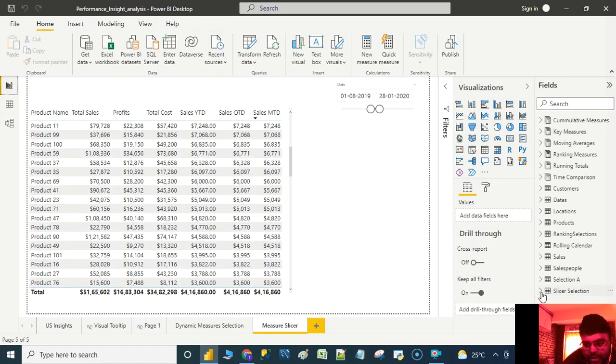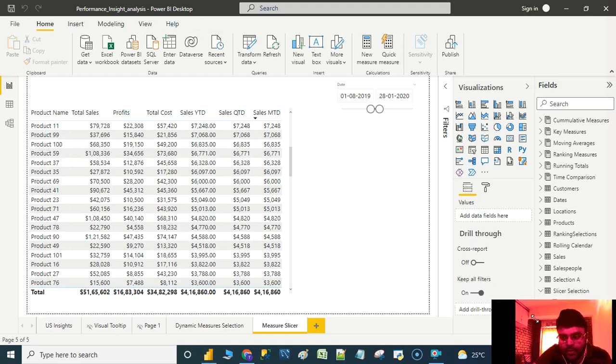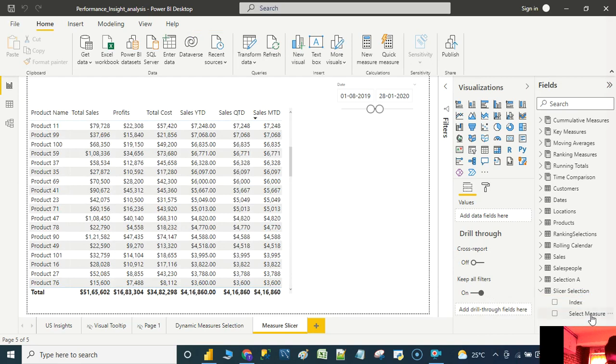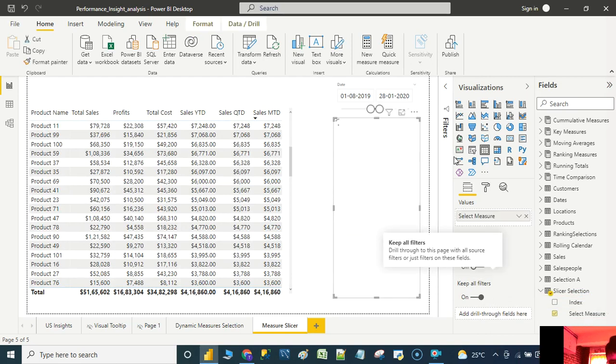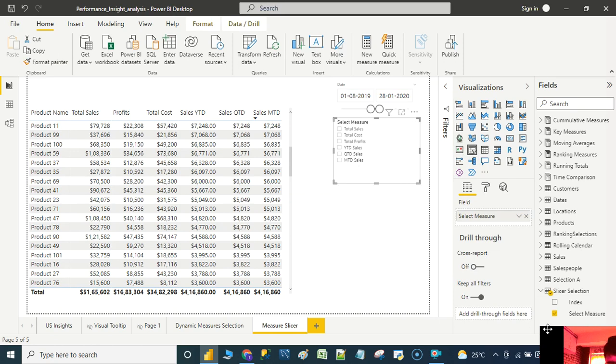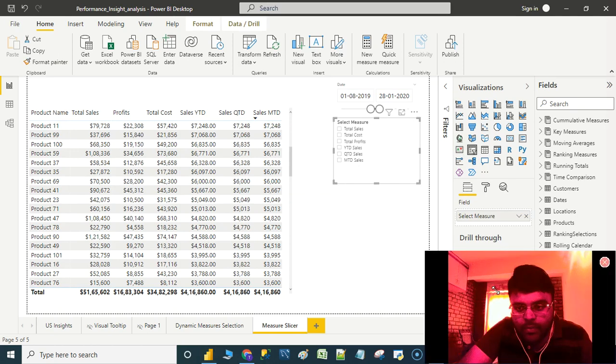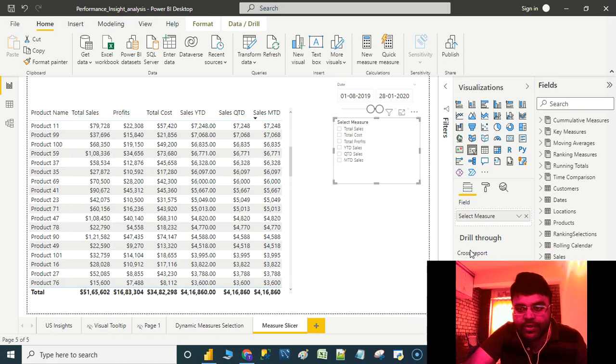Having done that, we shall go to the visual pane and take the measure list that we have in this table and put it on the canvas, and we shall click on slicer so that we can see the number of slices that we have given. And we shall format it, increase the text size a bit.